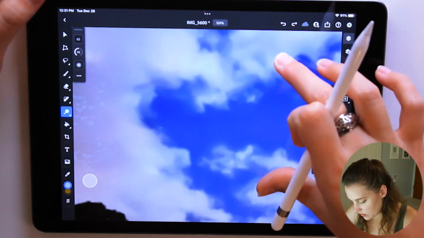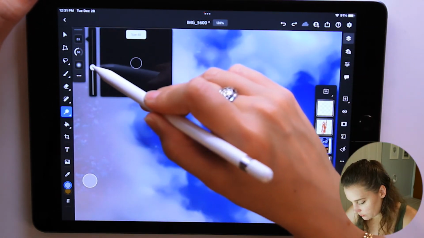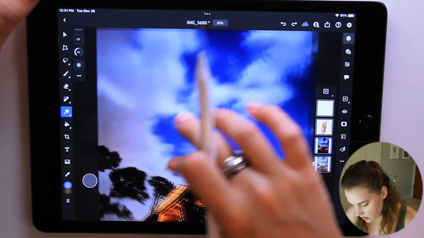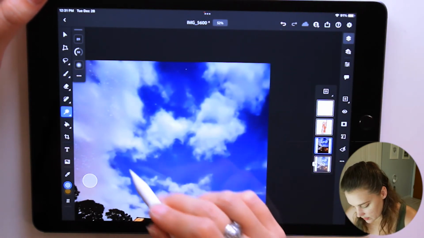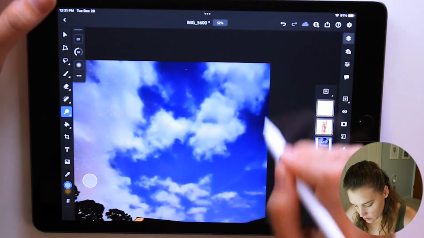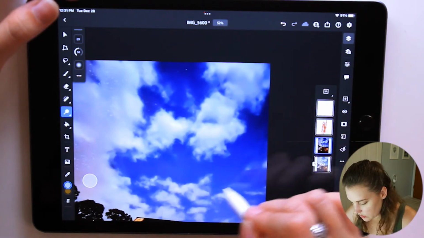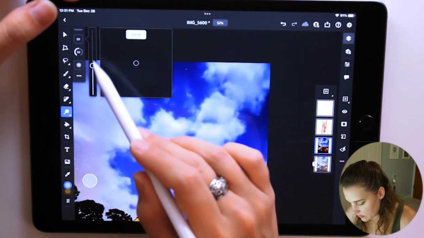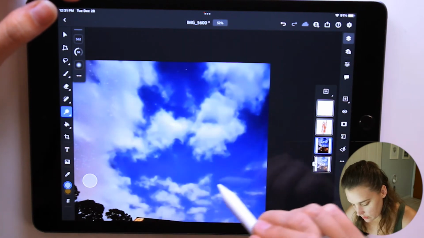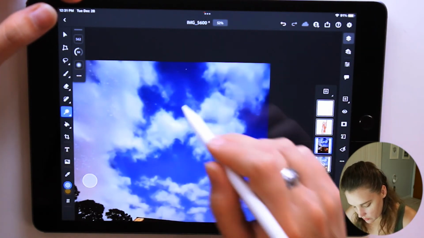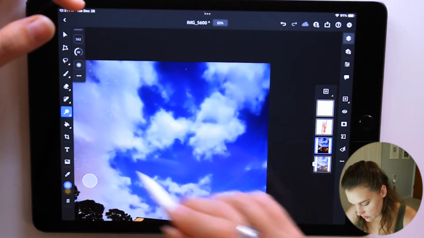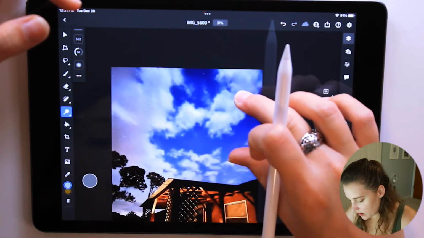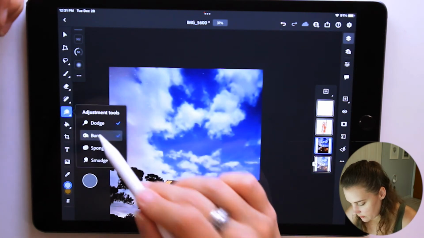And I'm gonna just increase the brush size of this. For the dodge tool, you can make these really cool, especially if it's for the sky, you can make these really cool sweeping motions. So it looks like there's extra light coming from here. Kind of like globally, if you will. Just like that. So you can have extra light, and then if you want to burn,